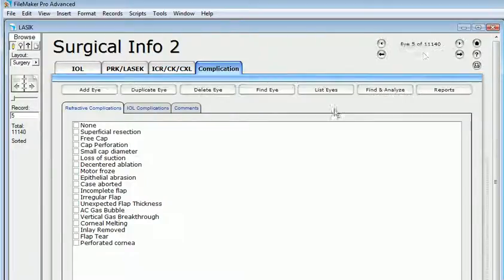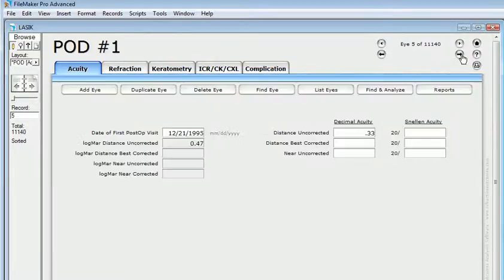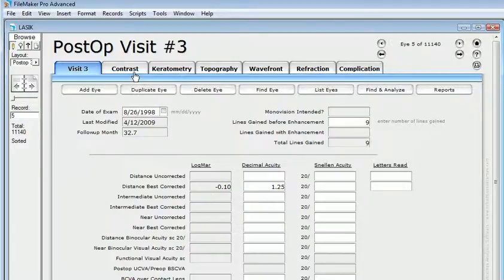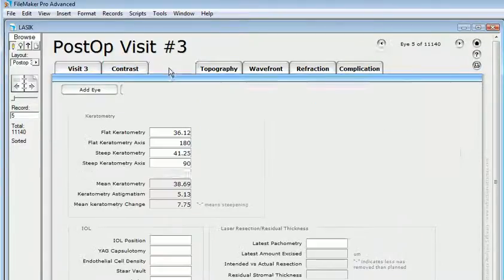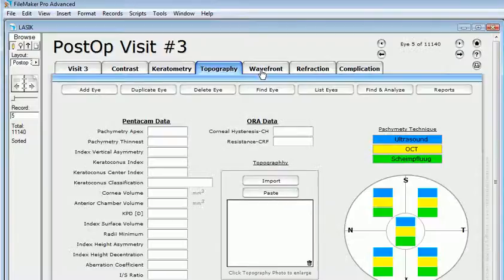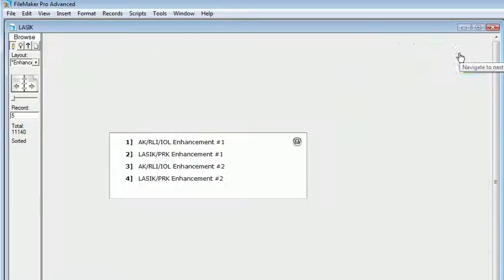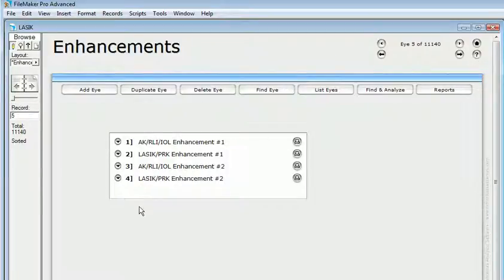All complications from surgery are listed here. First post-operative day information is listed on these layouts. A summary of your post-operative visits is listed by diagnosis and procedure, the month's follow-up, and the date that the patient was last seen. And if you look at individual dates, you will then have a visual acuity layout, a contrast sensitivity layout, keratometry layout, topography layout, wavefront layout, refraction layout, and complications layout. Finally, you will be able to have 4 enhancements, 2 AK enhancements or RLI enhancements, and 2 surface or LASIK